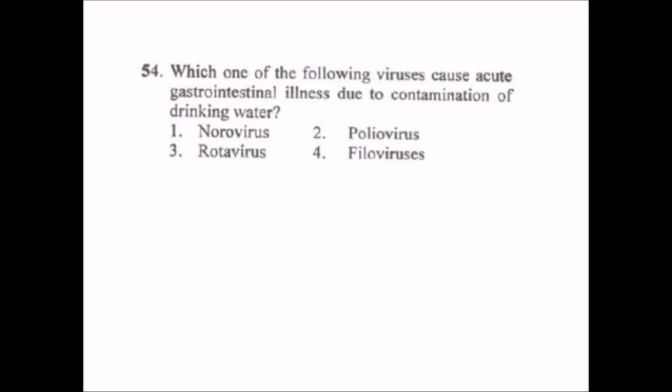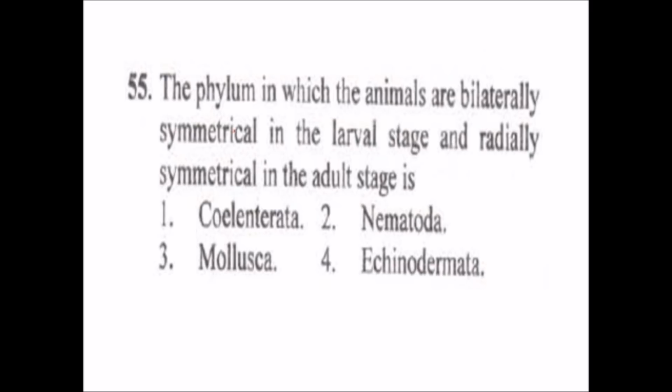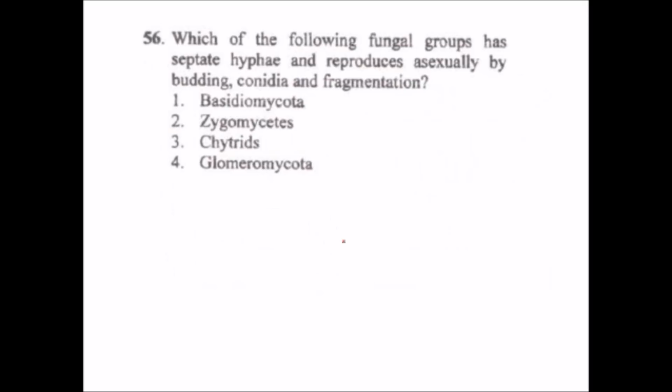Which one of the following viruses causes acute gastrointestinal illness due to contaminated drinking water? Norovirus is the virus which is transmitted through water, food, and air also. The phylum in which the animals are bilaterally symmetrical in the larval stage and radially symmetrical in the adult stage is Echinodermata. I'm skipping most of the questions without explanation because I have told that I will focus on Section C. And here too, which of the following fungal groups has septate hyphae and reproduces asexually by budding, conidia, and fragments? And it is the